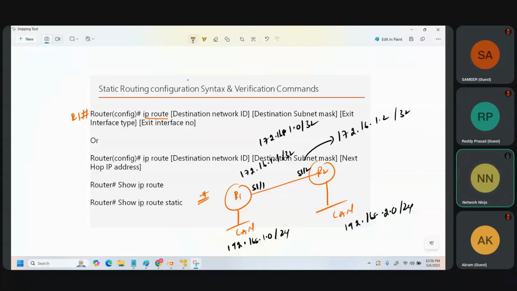I'm in router 1, so I'll become the source, right? Router 1 will become the source. And what would be our destination? This is our destination. We are going to configure the static route towards R2. So this is our destination address. So here we need to mention the destination network ID, which means